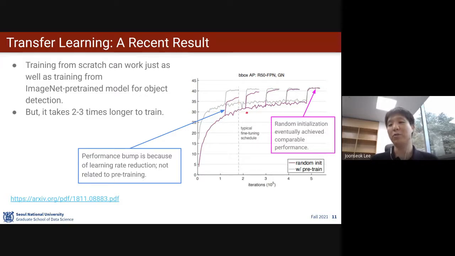They continued their training up to about 10 to the 5, so roughly 500,000 iterations. Then they found that they actually converged to the same point. So they concluded that ImageNet pre-training is not necessary if you have enough computing power and data. But ImageNet pre-training may be useful if you would like to finish quickly and you don't need the very last bit of performance that can be achieved. It's very similar here before just